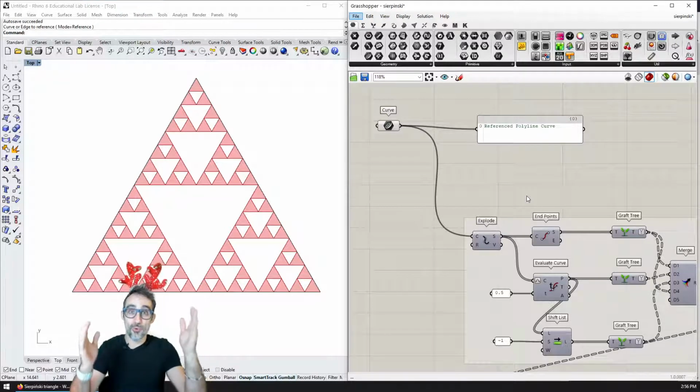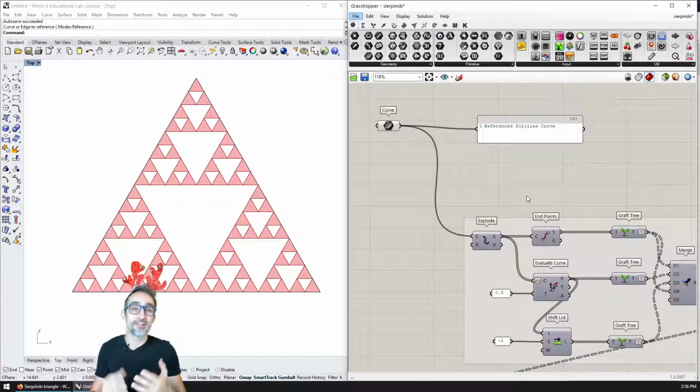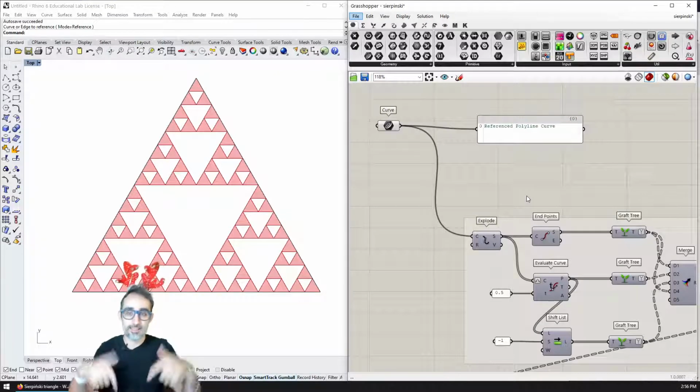Ho ho ho! And welcome to the second part of this algorithmic modeling challenge video, where we are modeling Sierpinski stars or Sierpinski trees. Okay. In the first part of this video, I explain what a Sierpinski subdivision algorithm is, and then I explain the basic overall idea of how we're going to implement the algorithm. In this second video, I would like to show you that implementation by using vanilla Grasshopper, which is a visual programming environment that is attached to a 3D modeling environment called Rhino.